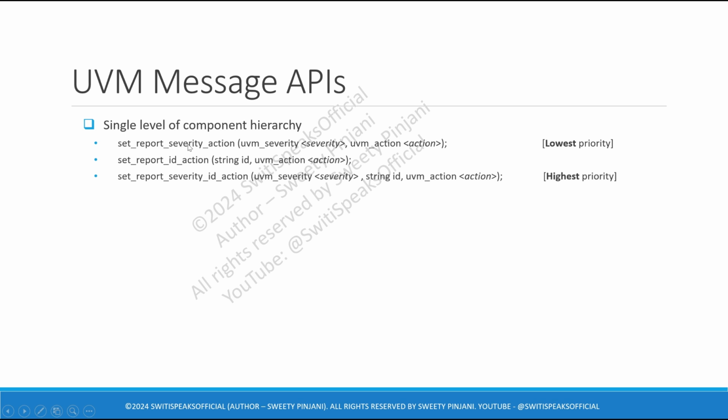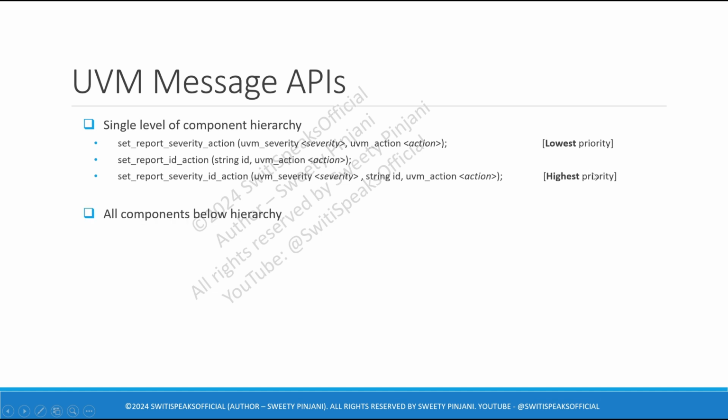If you are taking severity and action, the name is set report severity action. If you are taking ID and action, the name is set report ID action. If you are taking all three, the name is set report severity ID action. It's so easy to remember. You need to understand it in a proper way, then UVM is very easy.